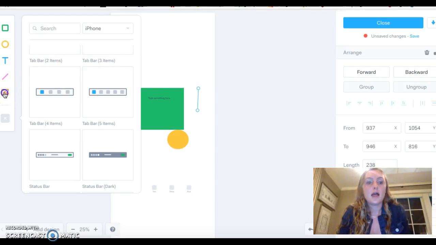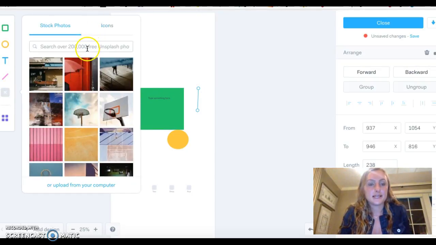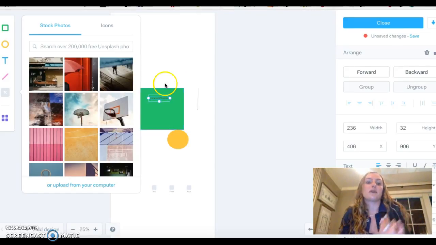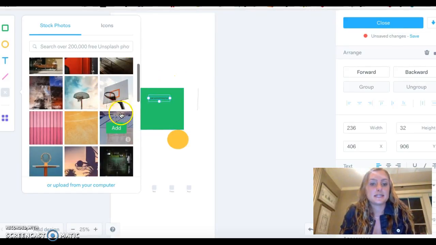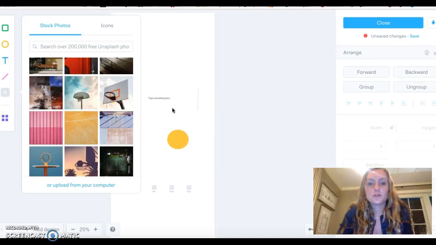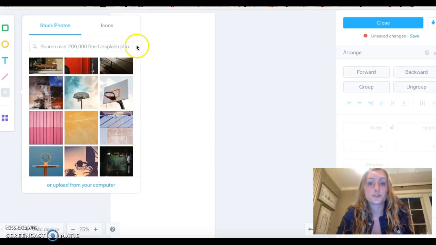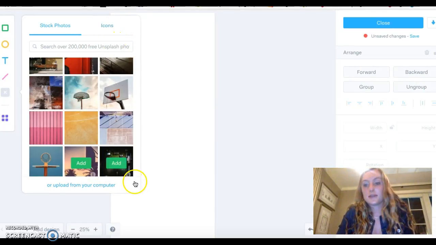One of my favorite aspects is you can look through a bunch of different pictures to add to your app itself, which is extremely helpful if you want to be very specific in what you're presenting. So if I get rid of all of this, if I was just creating the very beginning screen for my app, I'd want to use